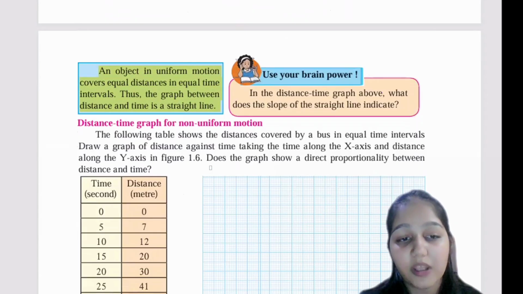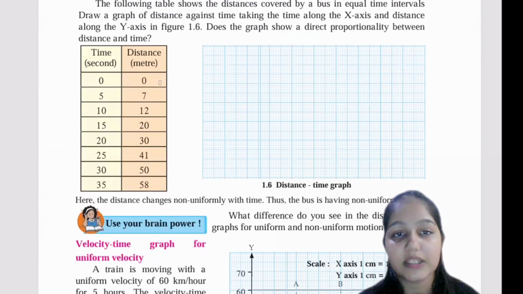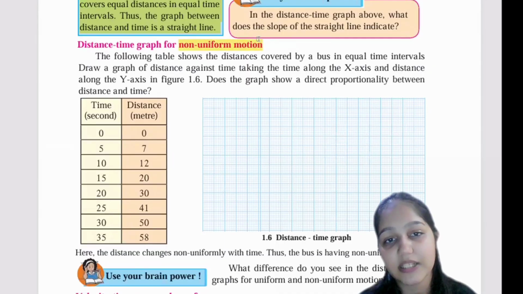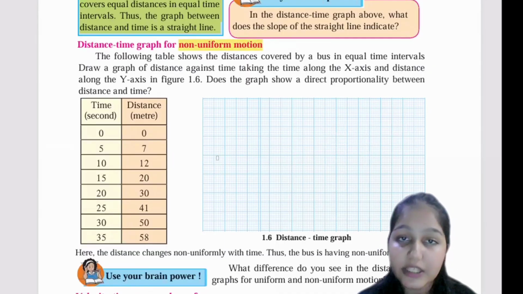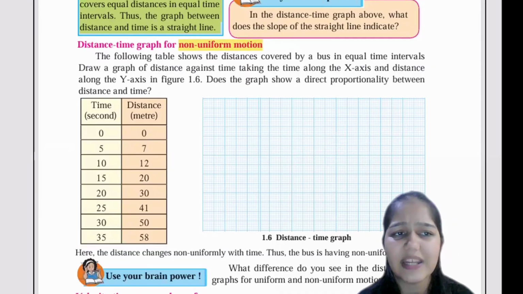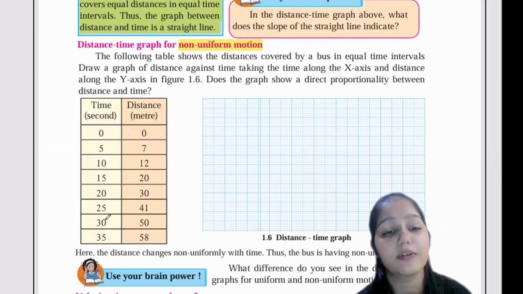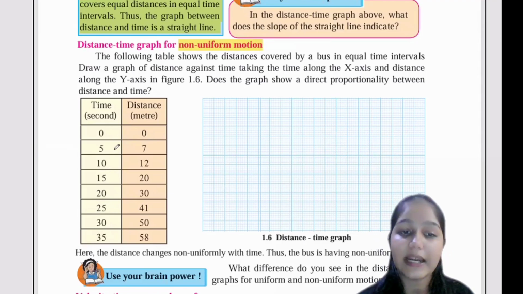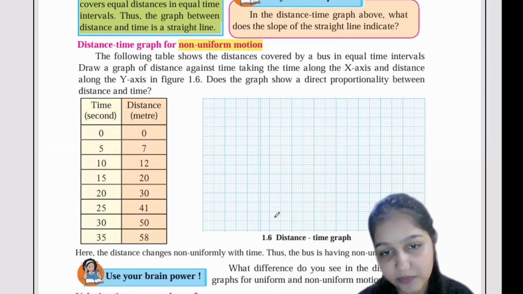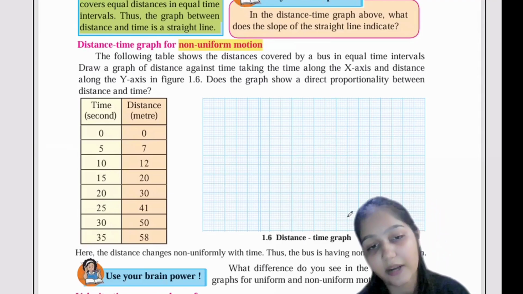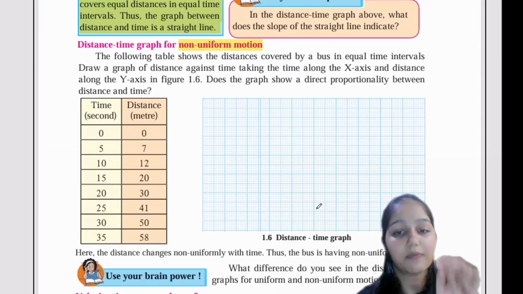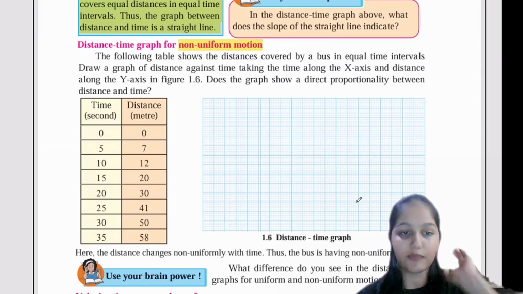Okay. Now, here it is not forming. This is a non-uniform graph. Can you see this? This is a non-uniform graph. This you have to draw by yourself. It is very simple and very easy. You just have to look at the time difference. Here you can see a time difference of 5. That is a time interval that has to be the same. So here you will write 5, 10, 15, 20, 25 and so on till 35.